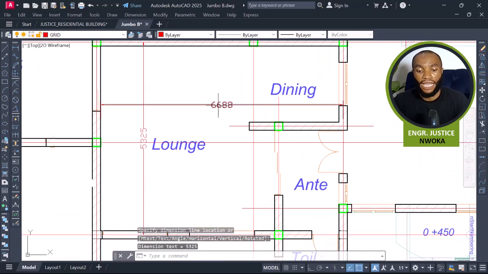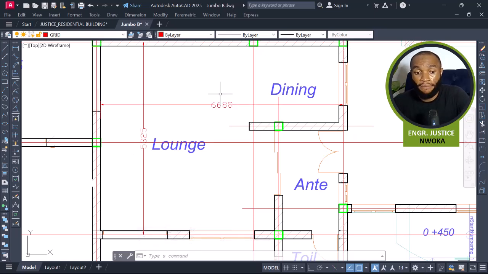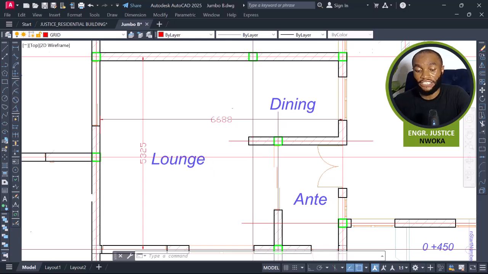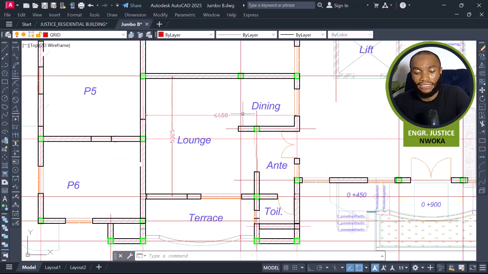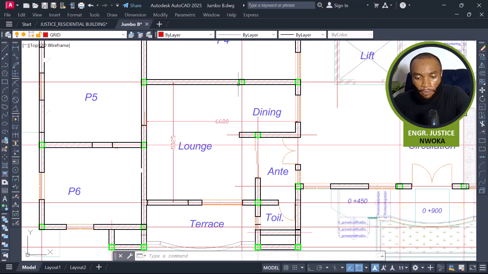So if you multiply this now, this is around 30 something square meters, which is already too large. So with that now, I'll have to try to form something here to make the panel less than